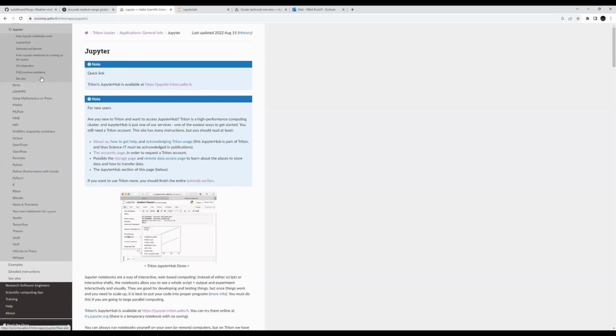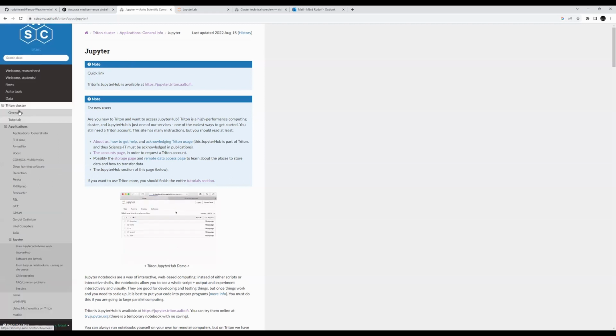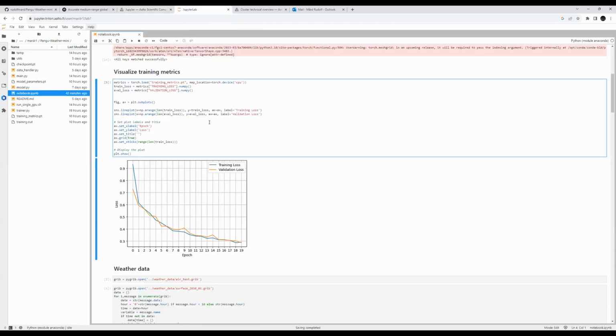It consists of nodes, and some nodes have GPUs and some don't. And this Jupyter notebook is running on a node where I don't think there is a GPU.